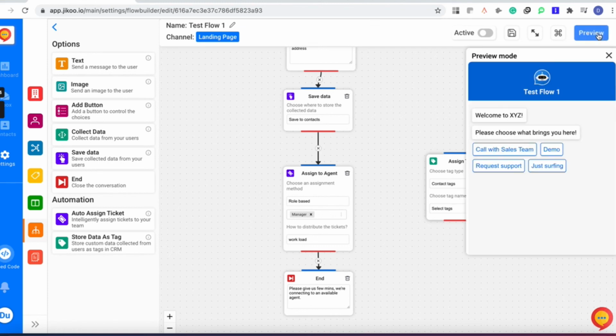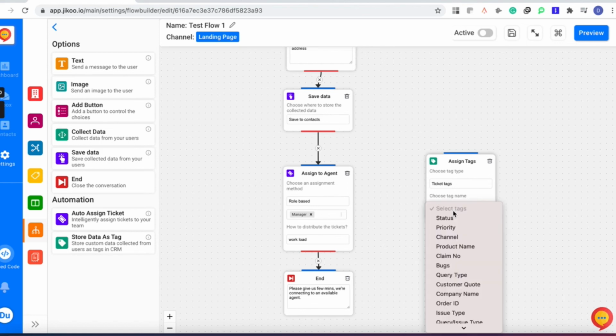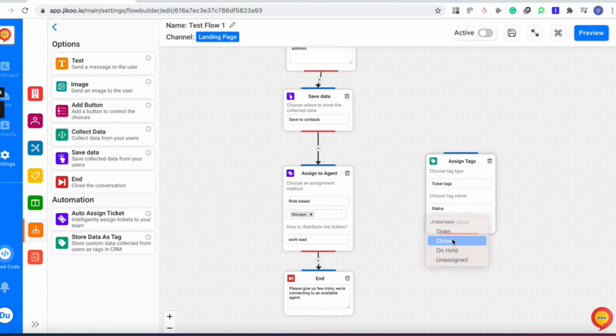For example, let's say a visitor is selecting some flows in the bot, and after the bot answers all the flows that were set up, you can ask whether this has solved your query and provide buttons like this and ask the question, yes or no. If the user clicks on yes, you can select ticket tags as here, and then select the status, and then choose close. So the bot itself answers all the questions and closes the ticket. Here, no agent needed. This is one scenario.